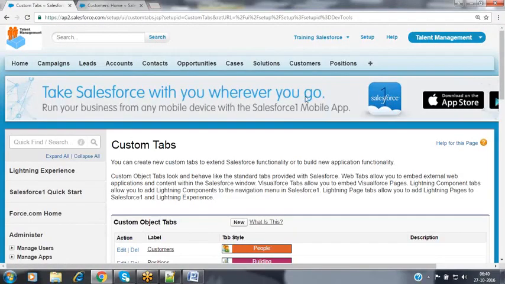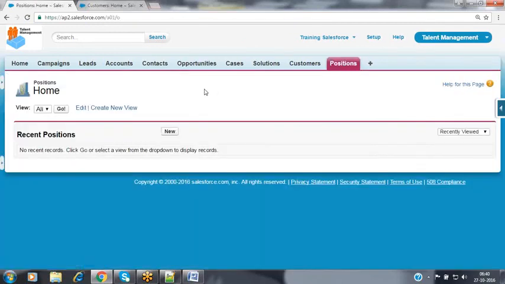Now we have created that custom tab for our custom object position. When you click on the positions tab, it is providing that object's API name, position __c. For this object, Salesforce is allocating one unique identification number, that is a01.